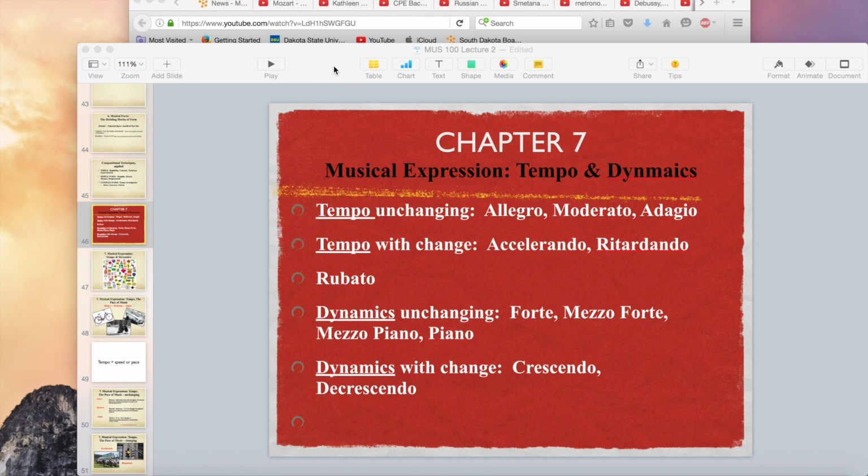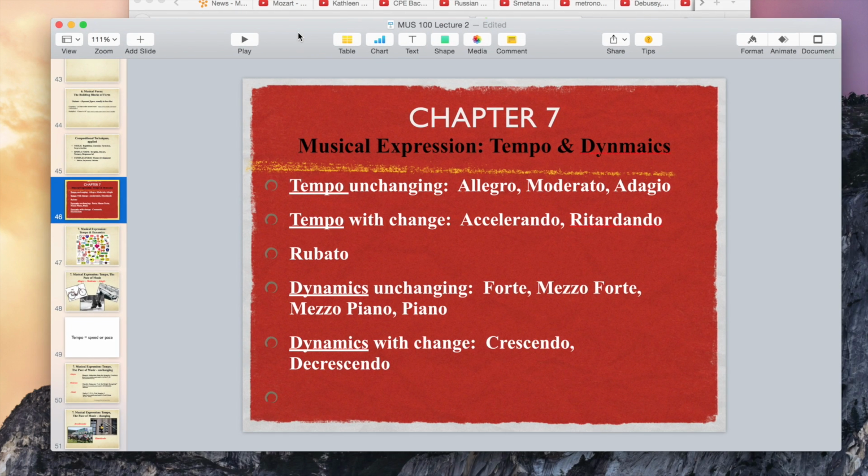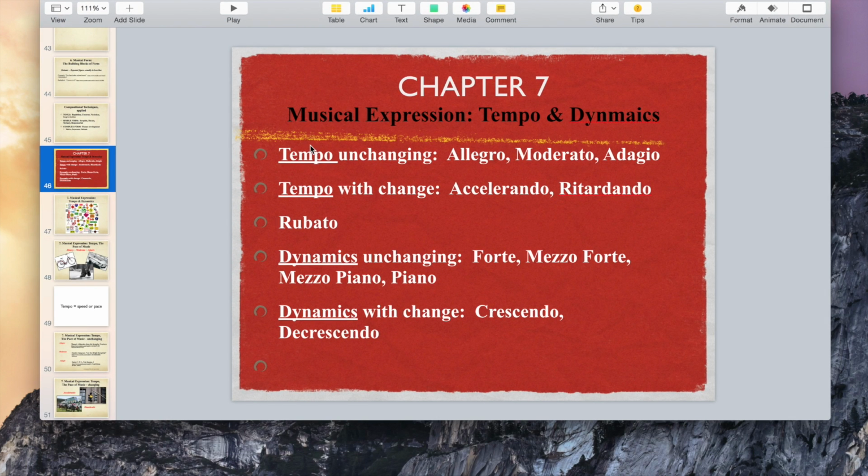All right, now we have chapter 7. Chapter 7 is about musical expression, and musicians have to play music with expression, otherwise they sound like a robot or a computer. And composers give them words to tell them what they want them to do with the music. So there's things that you need to learn, these words on this slide right here, that have to do with